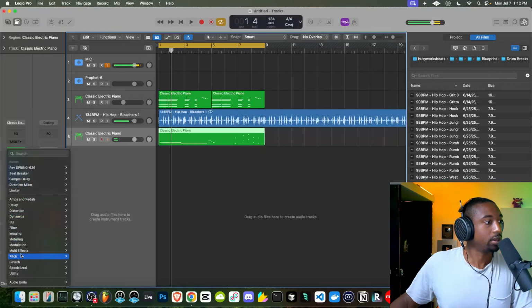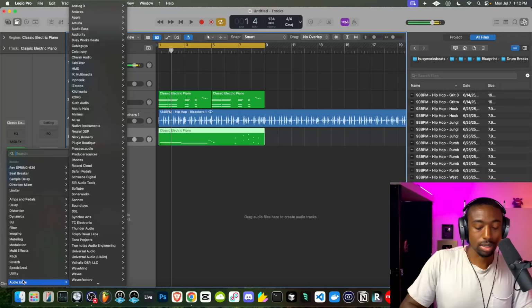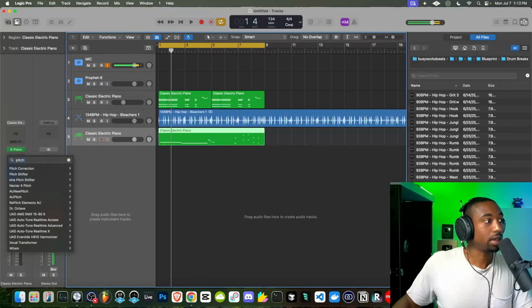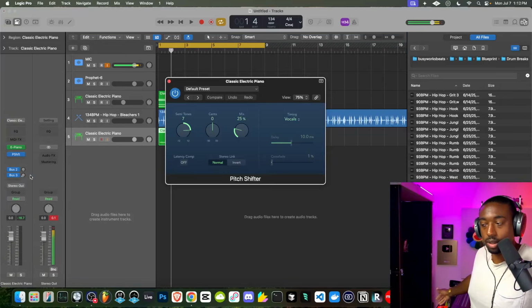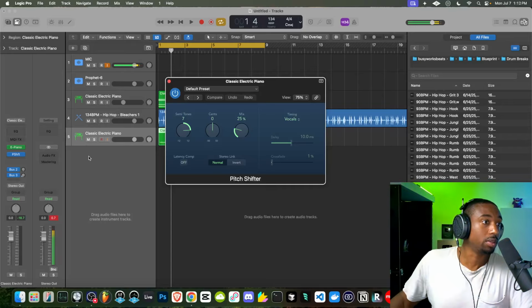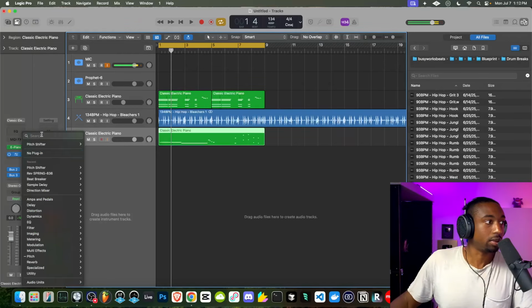Now another tool I like to use is a pitch shifter. We're not going to use the built-in pitch shifter though. We're going to use the pitch shifter from Kilohearts. It's a free plugin. So type in pitch shifter. So I'm going to show you guys how to use a pitch shifter like a guitar pedal. I have here the Microcosm by Hologram. If you guys can't afford it, I think it's like a $500 pedal. I'm going to show you guys how to create a similar effect to the Hologram.